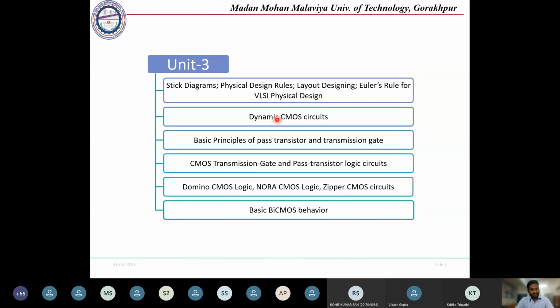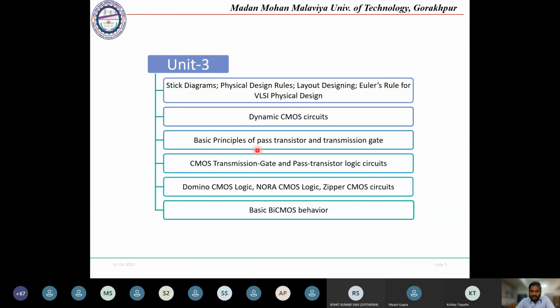In the dynamic case, with respect to time, the output will be changing. So after giving the input, after 1 second, what is the output? After 2 seconds, what is the output? That will be considered the dynamic circuit. So in a dynamic circuit, we consider time as a parameter, and based on time, that is the clock, we design the output. In a dynamic circuit, if this is the clock at a particular time period, what will be the output, we will be checking that.